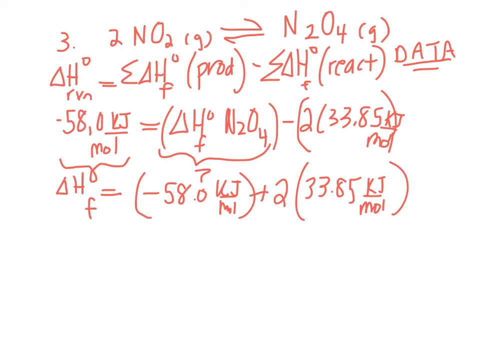And now we're going to go ahead. Everything's in consistent units, kilojoules per mole, so this is good. These are kilojoules, these are kilojoules. And in the end, we come out with the enthalpy,